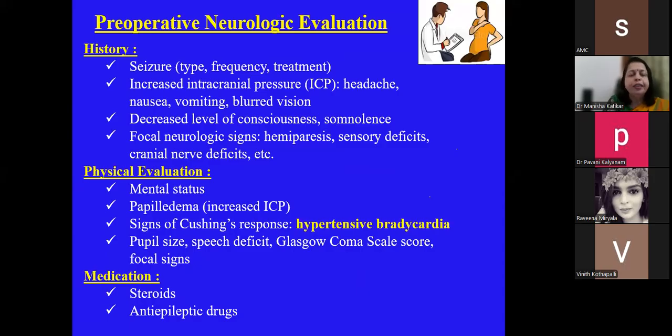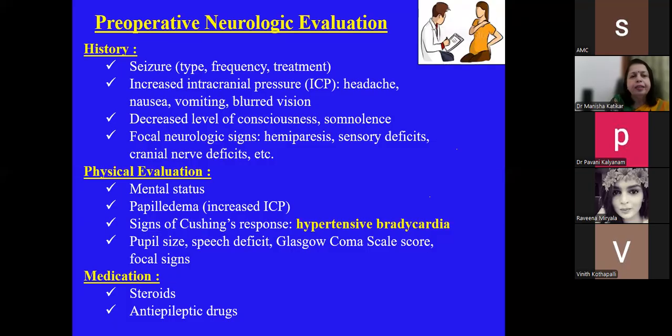For this, the care starts right from the pre-operative period. Whenever you see a patient, whether it is an emergency neurosurgery or elective neurosurgery, we need to ask a few specific questions. Did the patient get convulsions? If yes, what kind of convulsions did he get? Whether they were generalized or tonic-clonic? How frequently did he get the convulsions? When did he have convulsions last time? Was he hospitalized at that time? And how was he